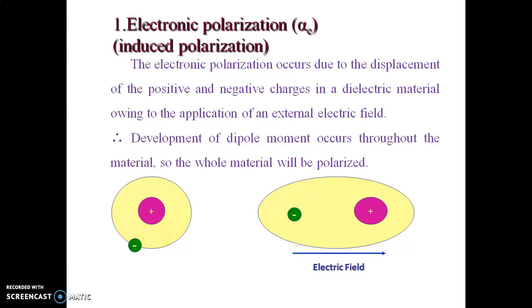Now once an external field is applied on such material, what happens? You can look at the second diagram, where under the application of the electric field, a slight separation takes place between positive and negative charges in each molecule. The separation leads to a dipole moment, so we can calculate the dipole moment of each atom or molecule. This kind of separation of charges due to the application of the electric field is called electronic polarization. This contribution is major in the total polarization of the material.